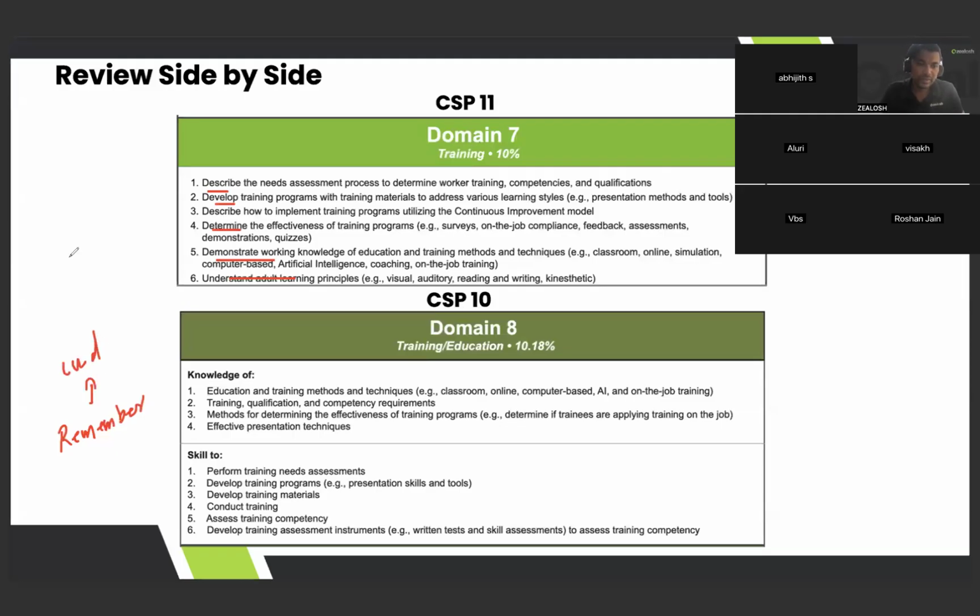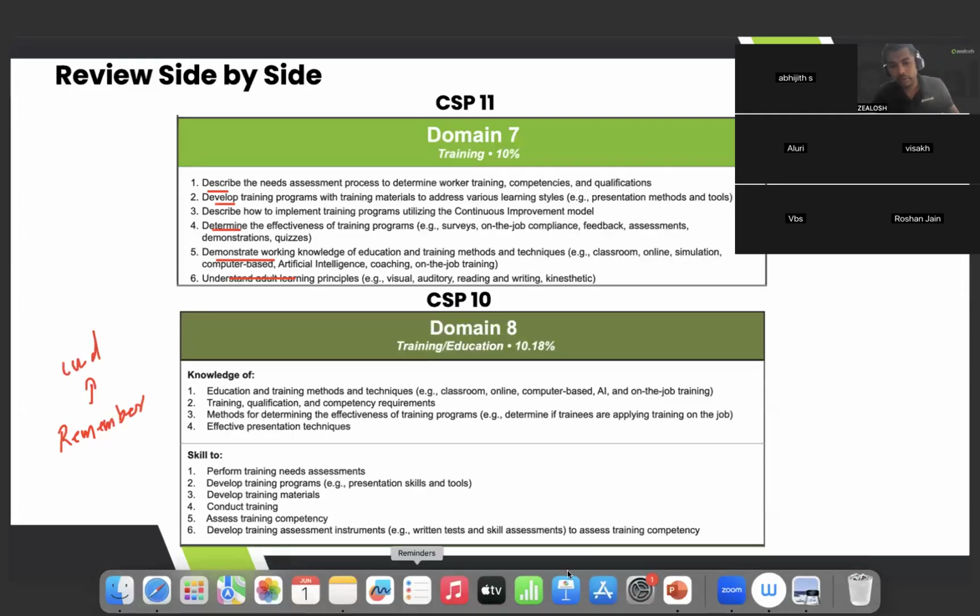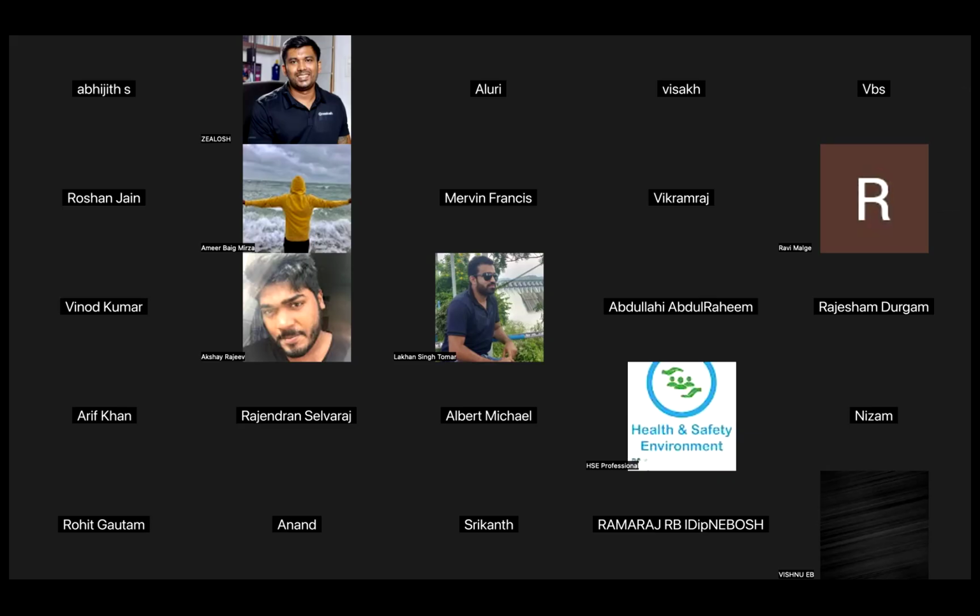understand. Okay, better, I'll open another PowerPoint, then it will be better. One second, I'll show that. So now the syllabus itself, they have developed based on Bloom's taxonomy. If we have a look here,